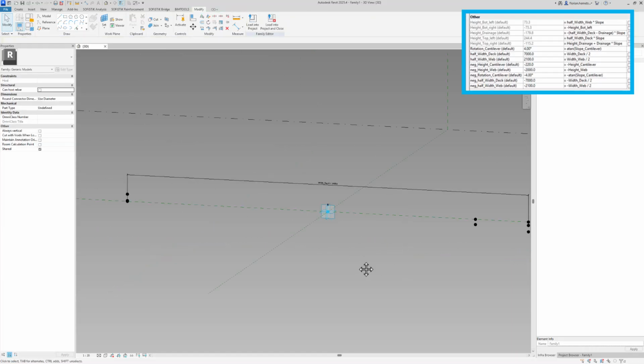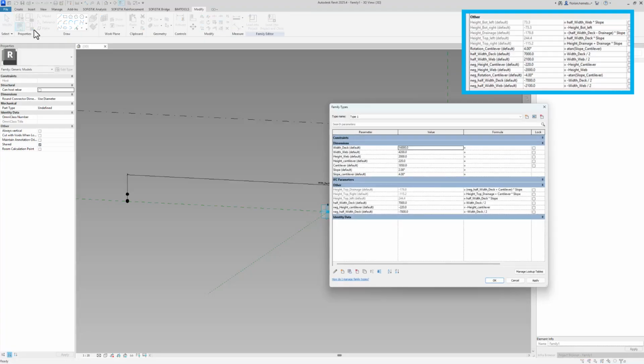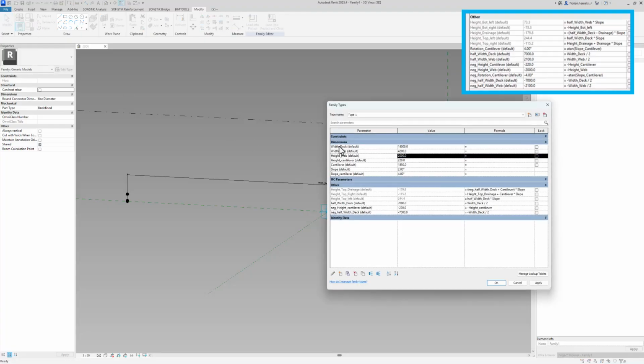The next step that I want to take is to assign the height of the web, where you can see we once more need a negative value. So I come into here, height of the web, I copy this one and create a negative version of it.